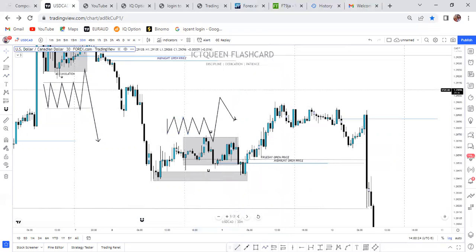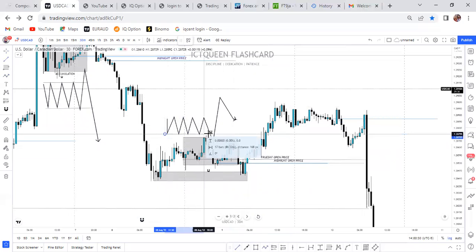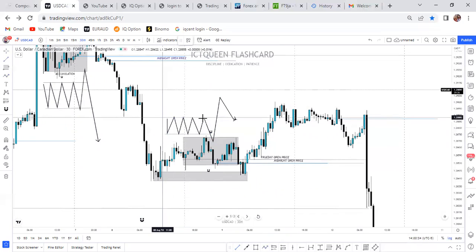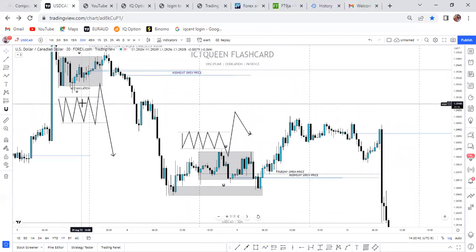So guys, this is a classic power of 3. See it playing out around the open price. ICT will always talk about the open price, around the midnight open price. Classic power of 3. The same thing that played out on Monday for a bearish intraday played out today for